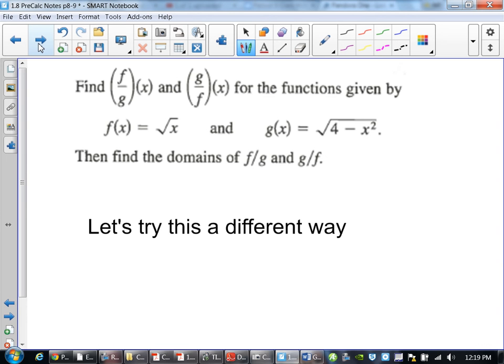So let's restart this problem. I'm going to show you a little bit cleaner way of explaining it. I went back and I looked at how we did it, and I thought of a different way of doing it. So same idea. When I'm looking at the two parts and they're asking me to find the domains of how the functions get divided, before this,